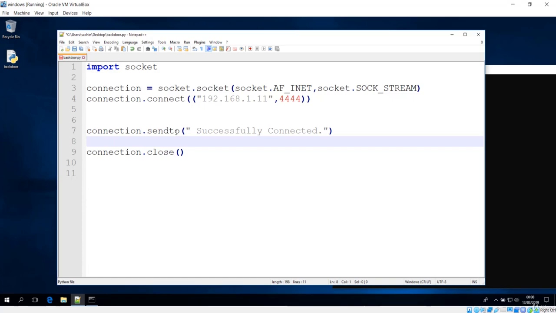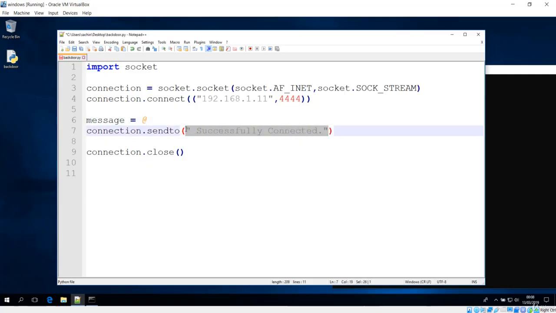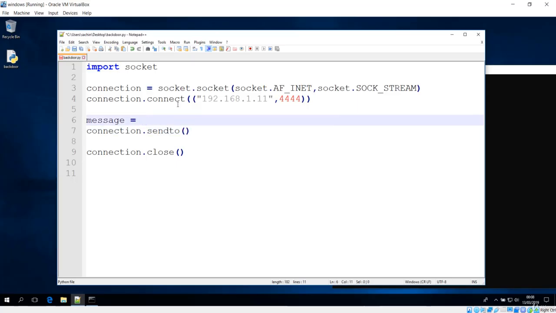So if you are using a Python version newer than 3.5, send will not work for you, so you have to change from send to sendto. Let me format this real quick. Let me say message here, and instead of writing successfully connected over here, let me cut it out and paste it here, which will be the message.